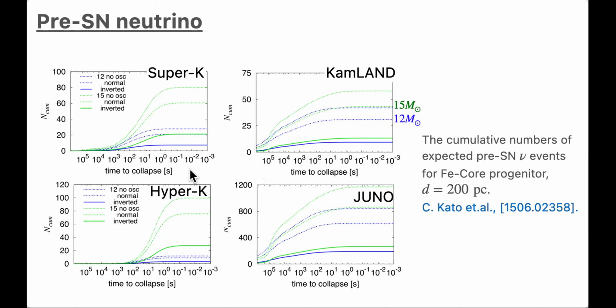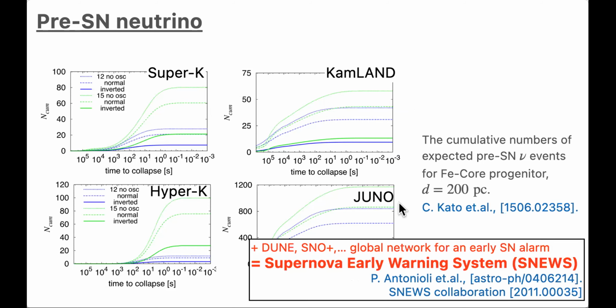So maybe a supernova may happen. And this kind of study is now organized in a global network, not only these experiments, but also DUNE, SNO, all of them collaborate to tell each other about this kind of anomalous neutrino flux. It's called the Supernova Early Warning System, SNEWS, and they can alarm each other that the neutrino flux is increasing. And according to their study,